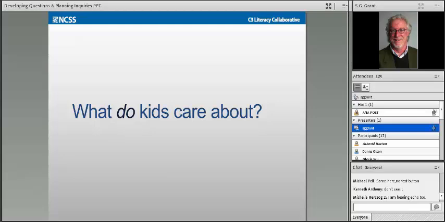One of the things that kids seem to care a high amount about is the whole idea of justice, fairness, equality, however you want to frame it. Kids of all ages, preschool kids through 12th graders, have a very finely honed sense of what is fair and what is not fair.